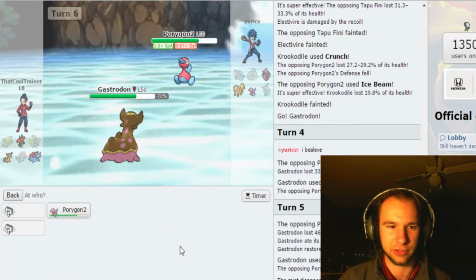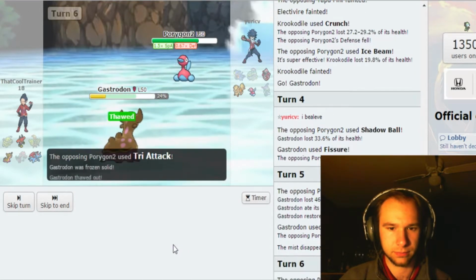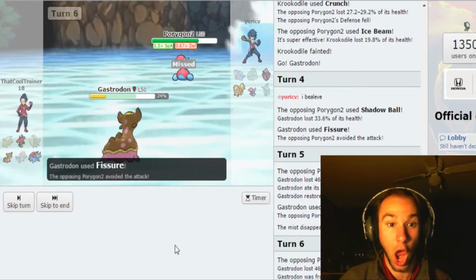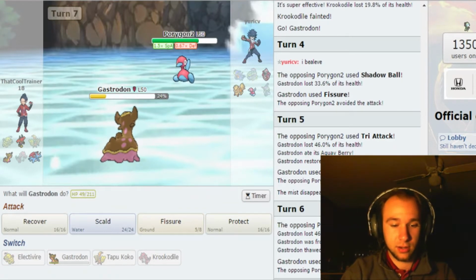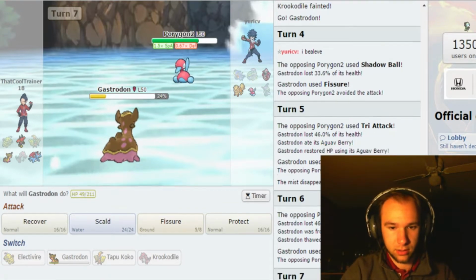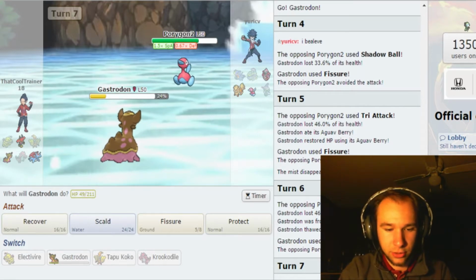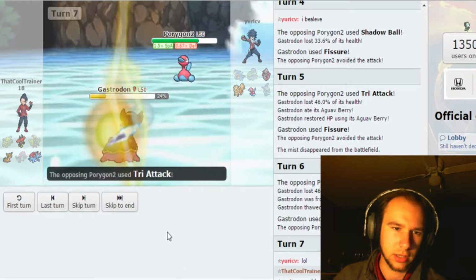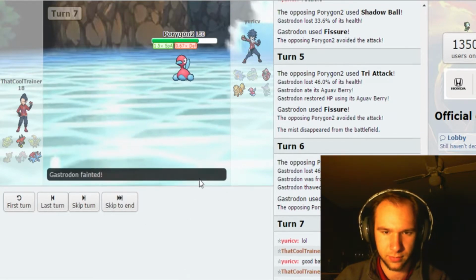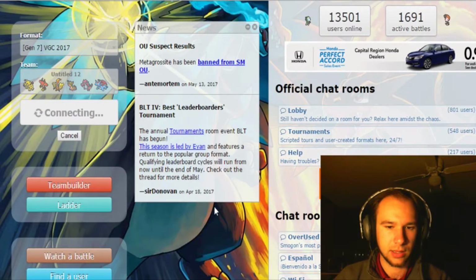I should have recovered last turn. I forgot I had Aguav, honestly. That was such a roller coaster. My emotions right now. You too, friend. He said good battle. Or they said good battle. I don't know if they're boy or girl. Oh, well. My emotions. Alright, so...